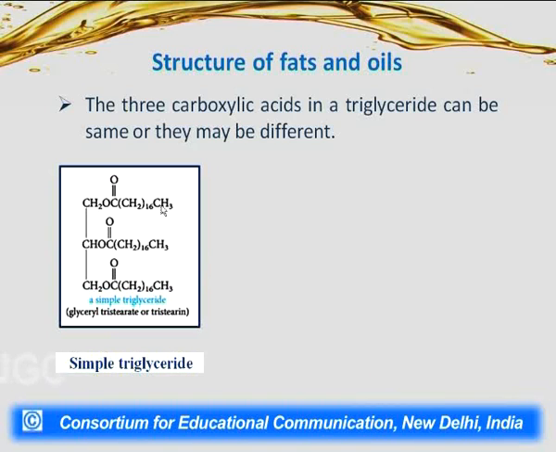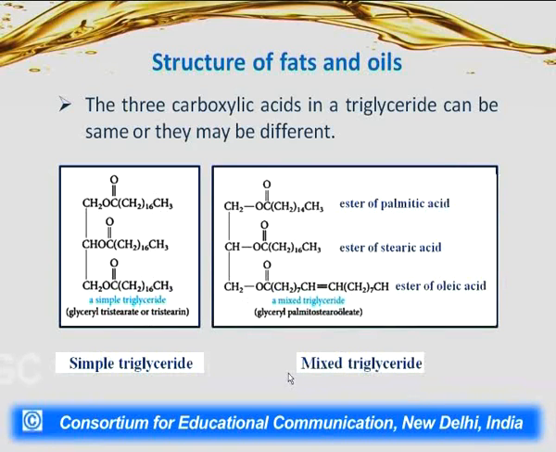But as I said before, they may have 2 different types of carboxylic acids or all 3 different types of carboxylic acids, then these triglycerides are called mixed triglycerides. Such as this is an example where at the first hydroxyl, palmitic acid has formed the ester, at position number 2 stearic acid has formed the ester, and at the third position it is oleic acid that has formed the ester. Then such a triester is named as glyceryl